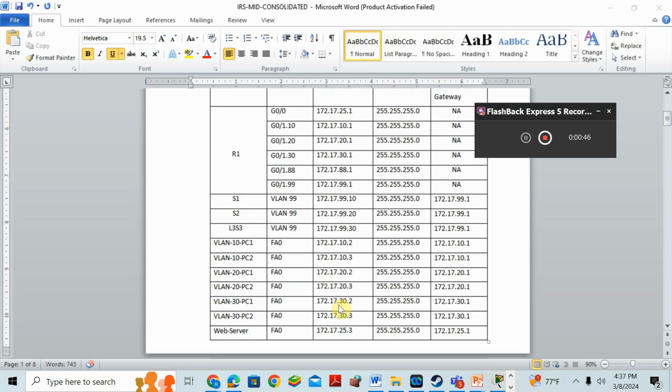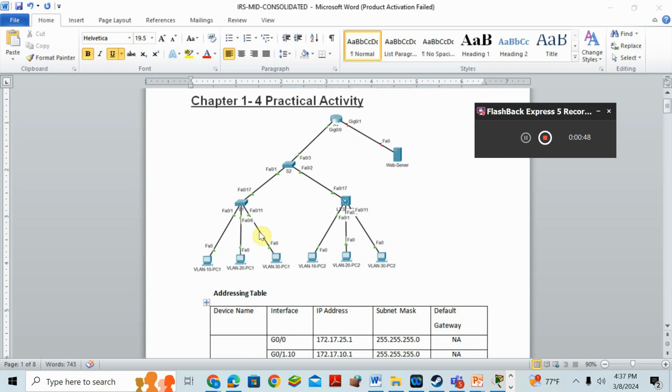Okay, and one thing I want to tell you is I will give you this topology and all the computers and the server IP are already configured. We just want to configure the switches, router and layer 3 switch. Also, you don't have to configure all the devices. Whatever device I ask you to configure, that only you have to configure. Okay, now start with